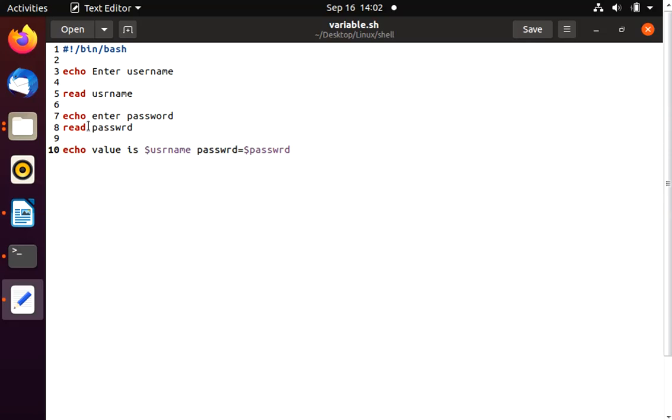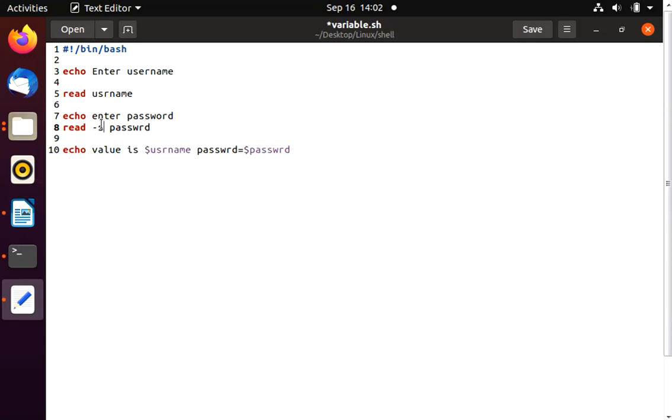After the read command, use -s and the variable name. Whenever this -s flag is used, it will disable the characters. Whatever characters are typed by the user will be hidden.